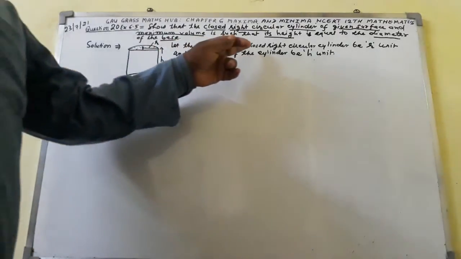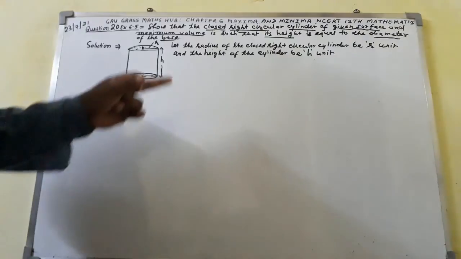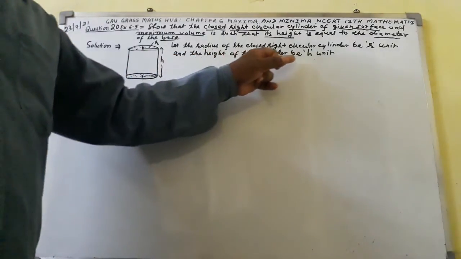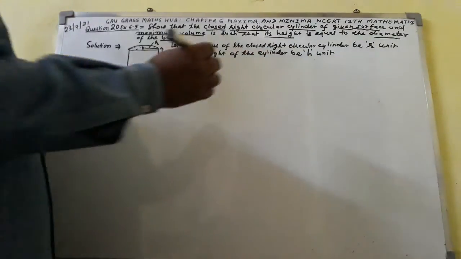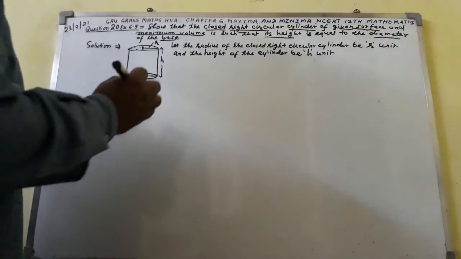Let the radius of the closed right circular cylinder be r unit and the height of the cylinder be h unit. Then